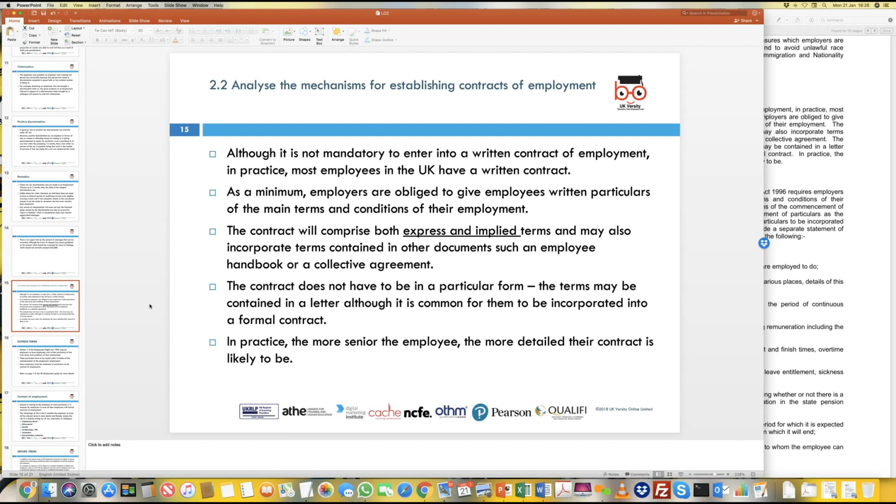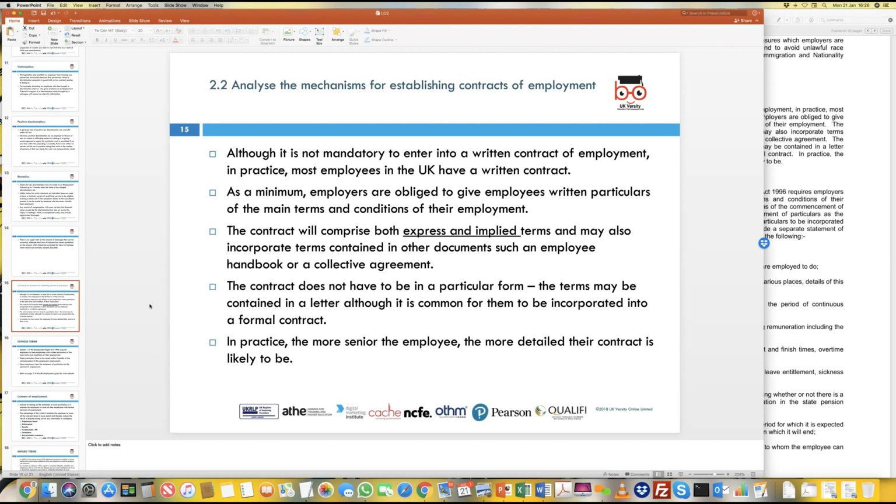Now, it is implied and understood that when you're applying for this job, and if it says this is a day job, then it is implied that your working hours are going to be between, say, 9 to 5 or 8 to 5 or something like that. And this is implied because you've applied for a daytime job. When people apply for security jobs, the implied terms could be that, because security jobs normally involve working a night shift, it is also implied that you understand the working hours are going to be evening to night hours.